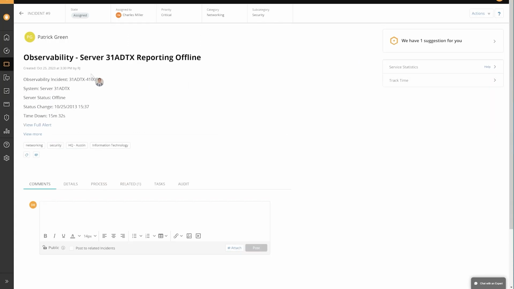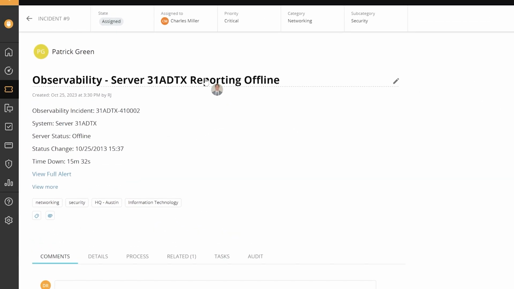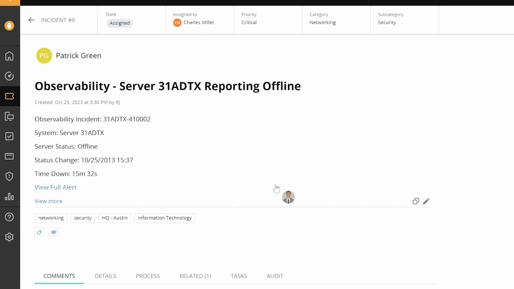So as we click in here, first things first, this alert is what's coming from the observability side. So we know the information right away: hey, this is going on. Within Service Desk, the ticket gets created. I know we'll talk about this in later sessions, but we can automate straight away that this automatically gets assigned as a critical priority because we know, like I said, Server 31 is a big deal. So if something goes wrong, it's automatically critical. It gets assigned straight up to Charles, who's our admin, or our point person for these types of events.